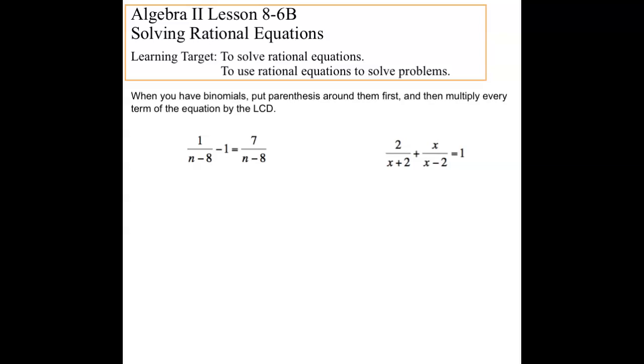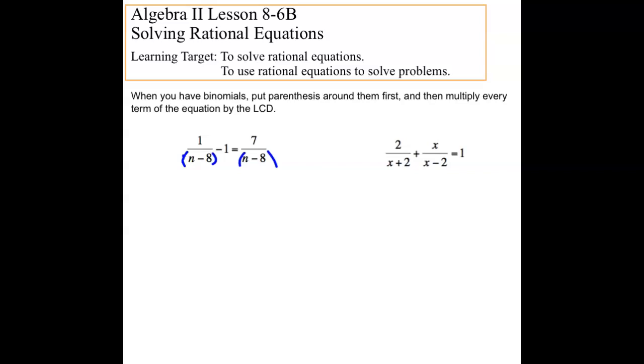So when we have binomials, we're going to put parentheses around them first, and then we're going to multiply everything by that LCD. Similar to what we did yesterday, except instead of a monomial in the denominator, we do have some binomials. So I want you to think of putting parentheses around those. Our technique for converting this so it's not a fraction equation and not a rational equation is to multiply everything